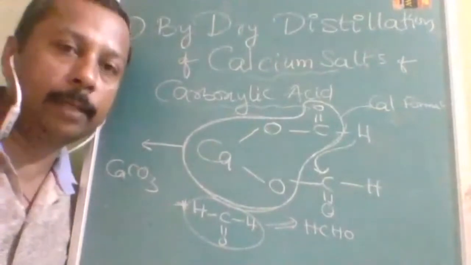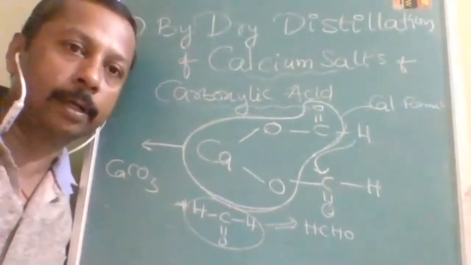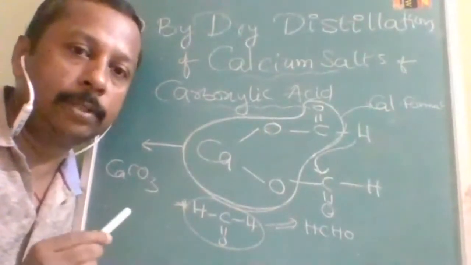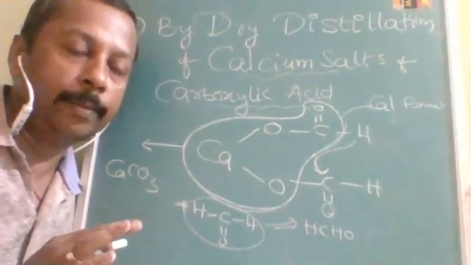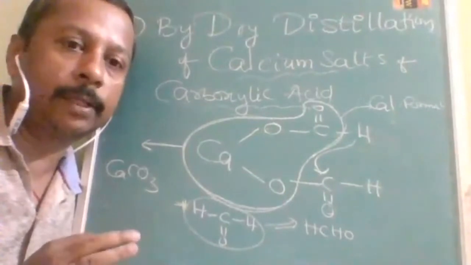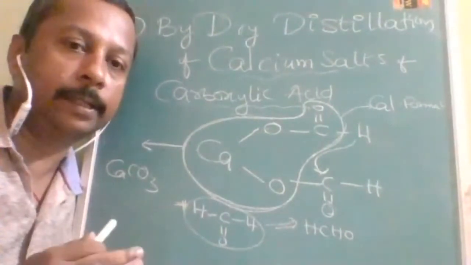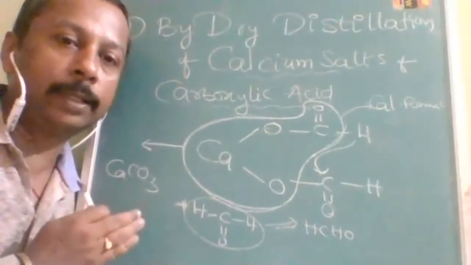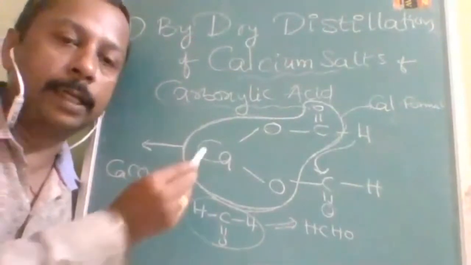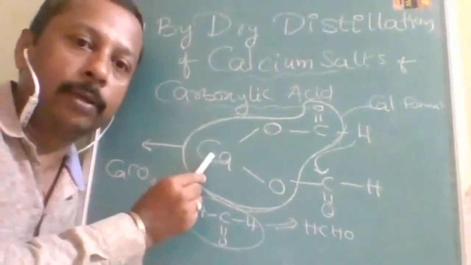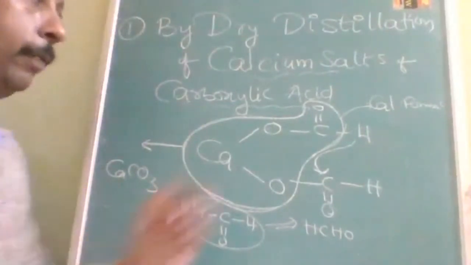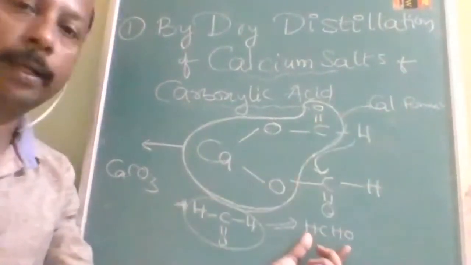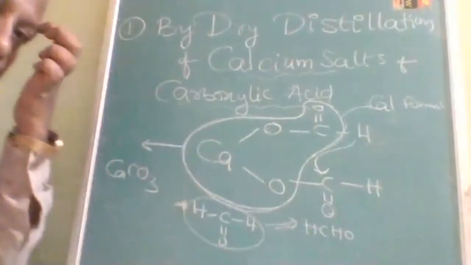In organic chemistry, the main problem is how to identify the product. Unless you use memory techniques, it is very difficult. Mechanism is not asked everywhere. Most of the time the question is to find A, find B, find C, or complete the following sequence. In those cases, this memory technique is going to work brilliantly. So calcium formate gives formaldehyde. Now let me take another example.